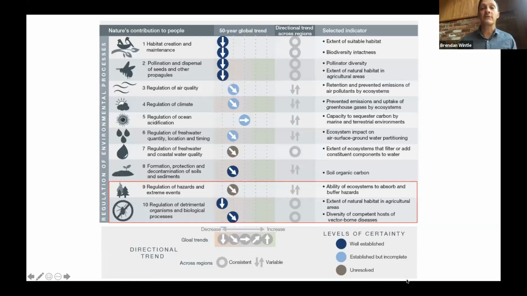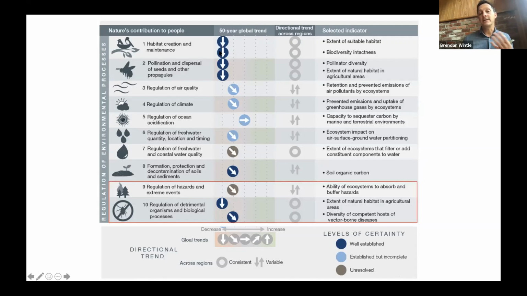So this is a key graphic from the IPBES Global Assessment. You can see the rows are services that ecosystems provide to us and to nature. And so the top one there, I'll read you across: habitat creation and maintenance. The next slot is the 50-year global trend. At the very far edge, you can see where that's serious decrease or decline in the capacity for nature to deliver habitat creation and maintenance. That global trend continues. That's the vertical arrow there